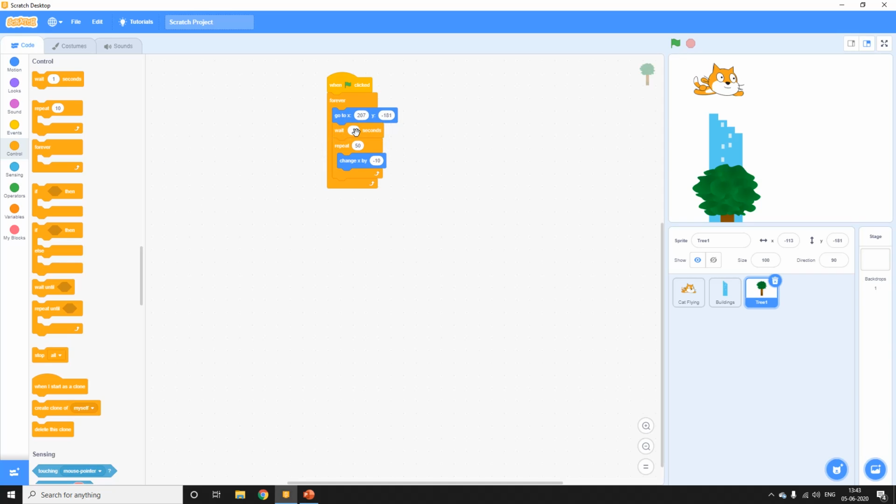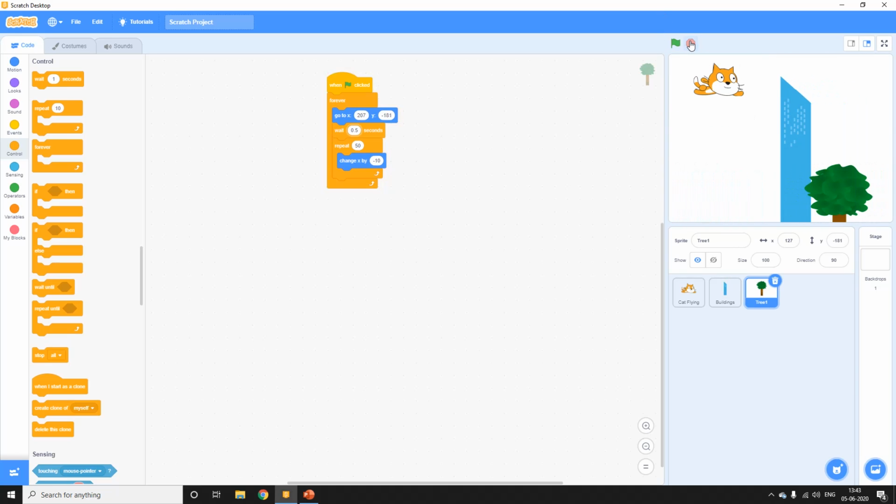1 second would be a much longer span of time. Now see what's happening when I click on this green flag. You see, it's coming here and waiting for 0.5 seconds, and then it is actually starting its motion. So that again doesn't look very realistic. So what do we do?